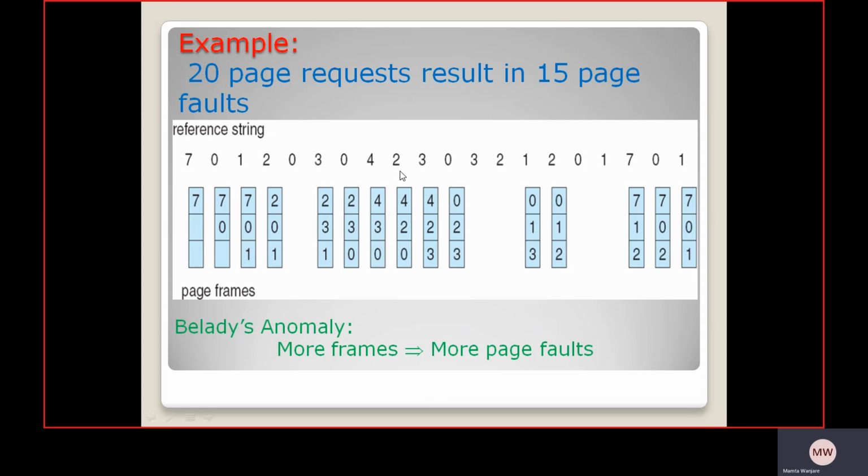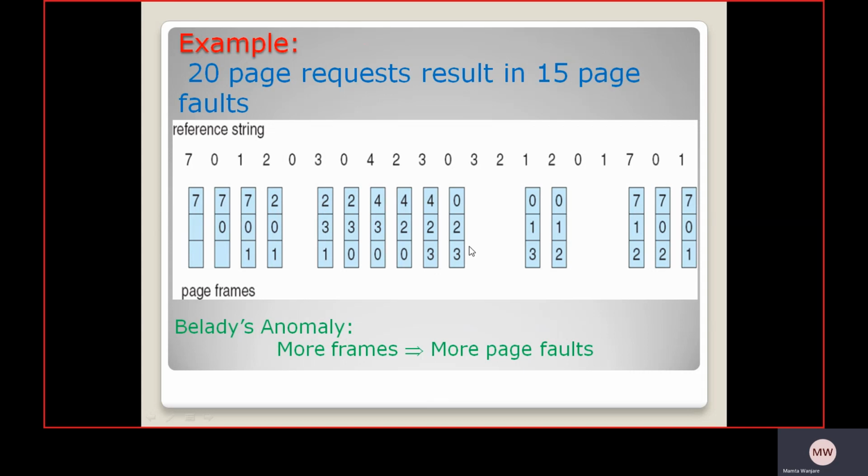Then 3 replaces 0, so the frames are 4 2 3. Then 0, so for that you replace 4, so 0 2 3 is there.